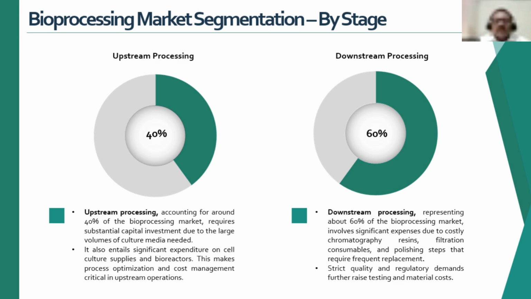To understand the market for bioprocessing, as I mentioned, the market involves various consumables, reagents, equipment and technologies that are being used across each step of the bioprocessing workflow. So upstream constitutes 40% of the bioprocessing market, and downstream constitutes 60% of the market. The upstream is capital intensive as bioreactors and fermenters are critical in the upstream operations. Of course, these are not procured each year or annually, though it is capital intensive, it constitutes 40%